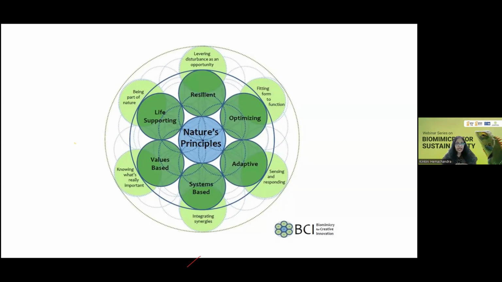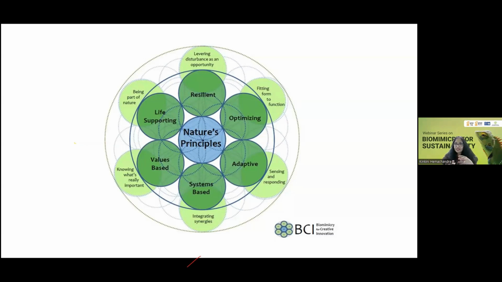And also, Mother Nature has the capacity to be adaptive. And they have so many systems which we never thought about and which we won't be able to discover, almost all the systems. And they give proper value addition, and also they do value based and value appreciation. The last concept is life supporting. Of course, Mother Nature provides all the life support systems for us. So now you can see how nicely we can combine the concept of biomimicry into the sustainability concept.